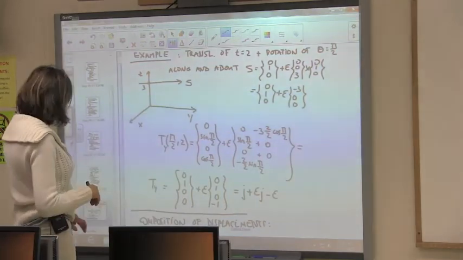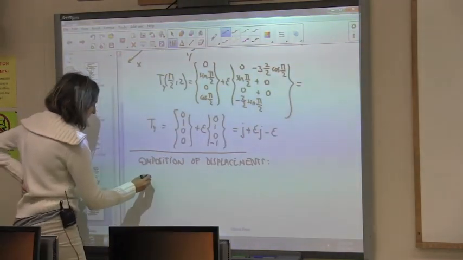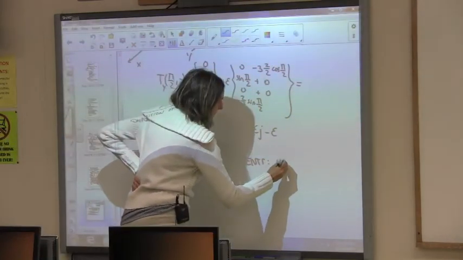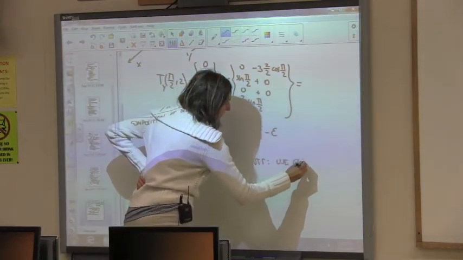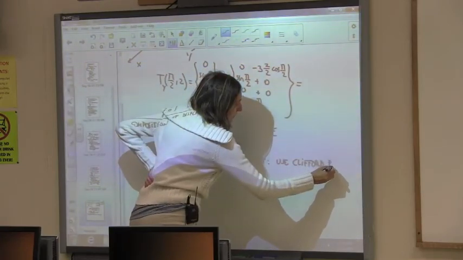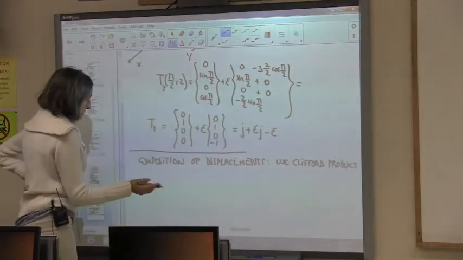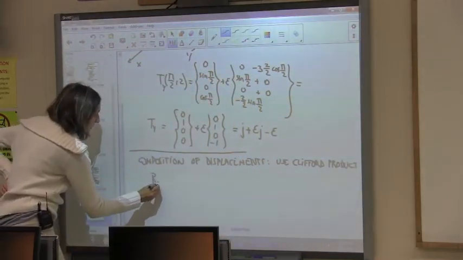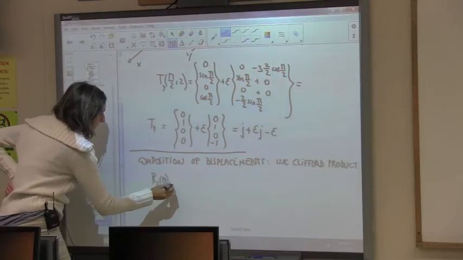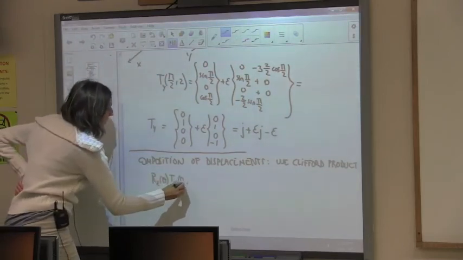Composition of displacements. In matrix form, we use just the matrix product. In the dual algebra, we use the geometric product. So we can do Rz of theta times Ty of pi over 2 and 2,